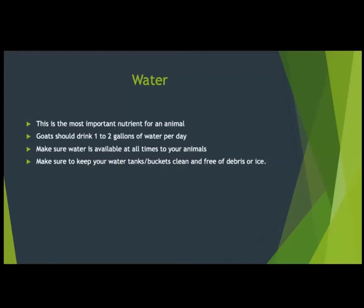I'm not telling you guys by any means to regulate their water and go out and check, oh, did they drink their 1 to 2 gallons a day? Just be wary of how much water they are or are not drinking. Because if an animal gets dehydrated, just like us, it can lead to further issues. Make sure that they have water available at all times, and make sure their buckets or their tanks are clean. Also, make sure in the wintertime, any of you guys producing or showing does, make sure those are clean of ice. Goats don't like to drink around ice,